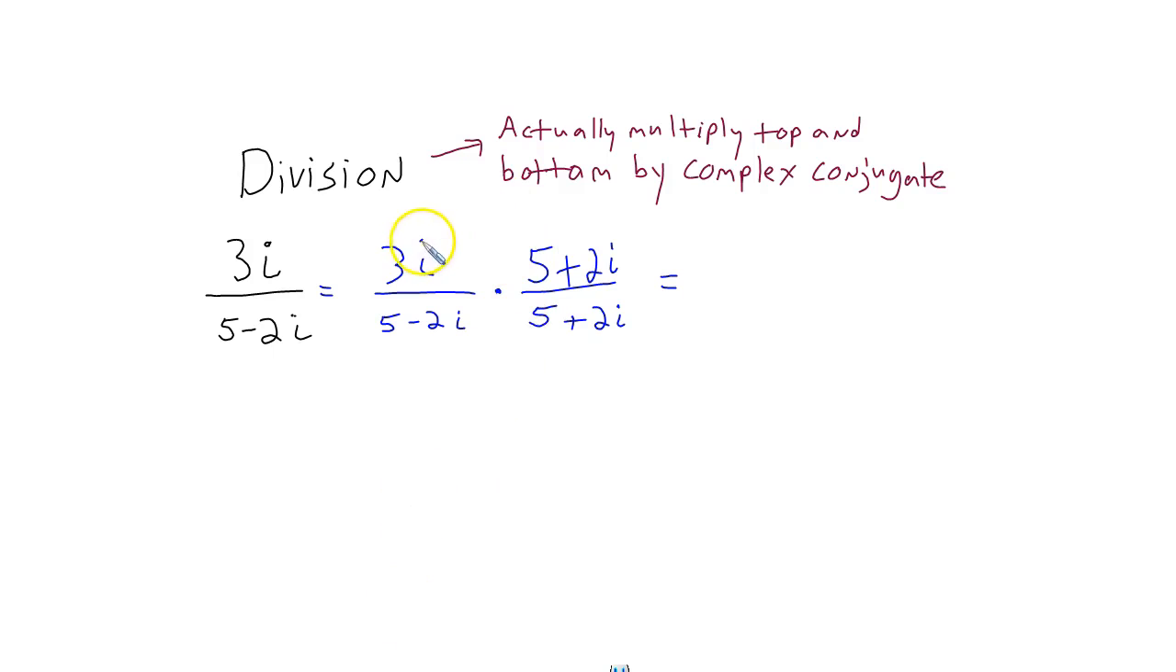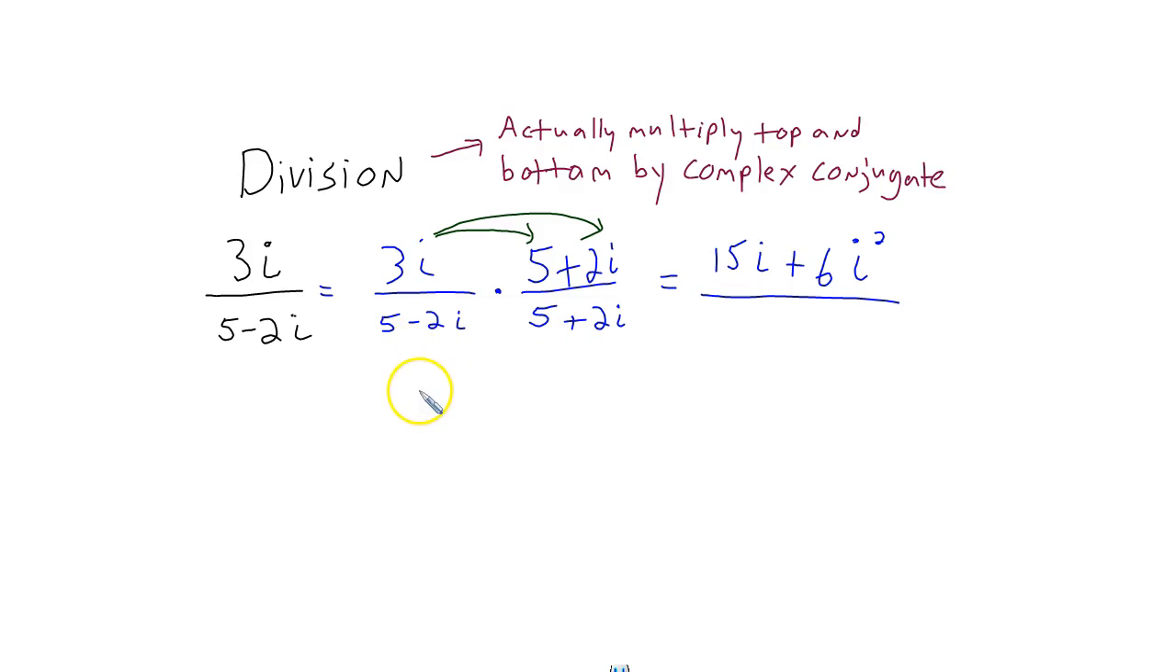In the top, this multiplication looks a lot like distribution. We've got 3i times 5 and 3i times 2i. So 3i times 5 is 15i. And 3i times 2i, well, 3 times 2 is 6, so plus 6i times i is i squared. We'll simplify that i squared in just a second. Right? For the bottom part,